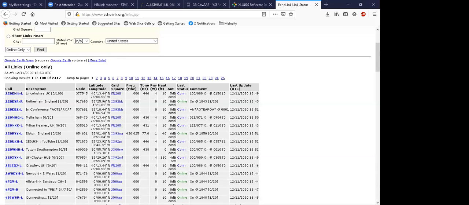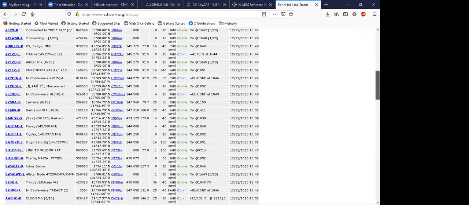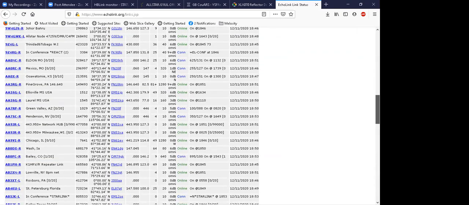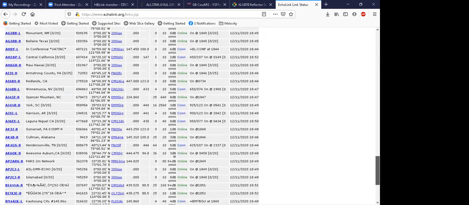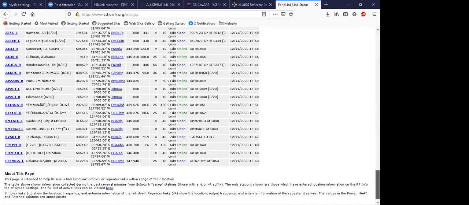This is just showing the online ones, and what it shows is each one's node number. So if I wanted to connect to, what was that? Repeaters. So for example, I wanted to